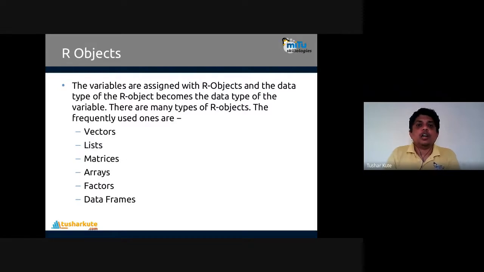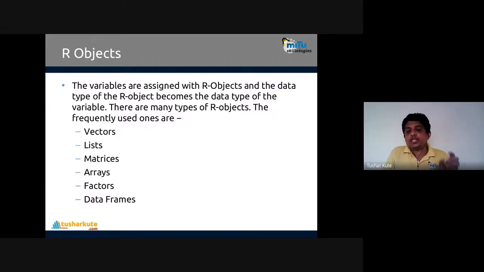Now, objects. An object is a collection of different kinds of data, just like a data structure. Every programming language can have data structures like arrays, structures, tuples, vectors, which are collections of elements. In R, we have some number of different kinds of objects.